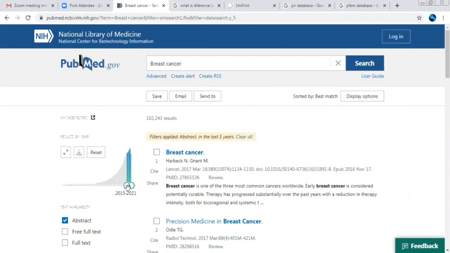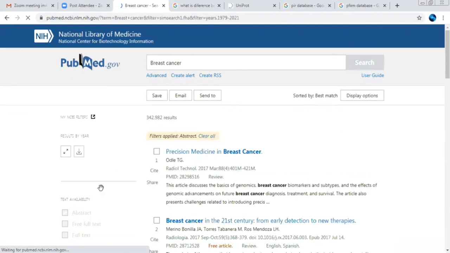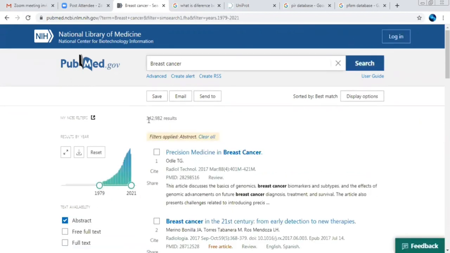So if you don't need only the last 5 years of data and you need more than that, you can apply the filter by clicking this button. You want more data, so here you can see the results have been updated. This type of results you will get. So here is the option where you can apply the filter, and you can check what type of data you want, last 5 years or last 10 years of literature data. Likewise you can apply the filters from here.